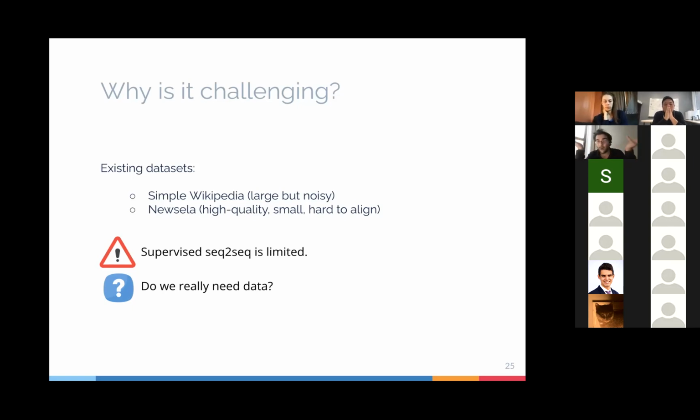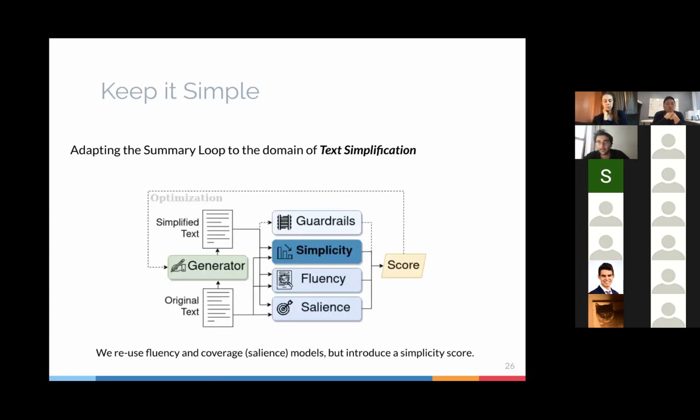So it was like, oh, cool, a problem that we could potentially approach with unsupervised learning that maybe we'll be able to beat the supervised baselines because they can't get that far in simplification. Okay, so